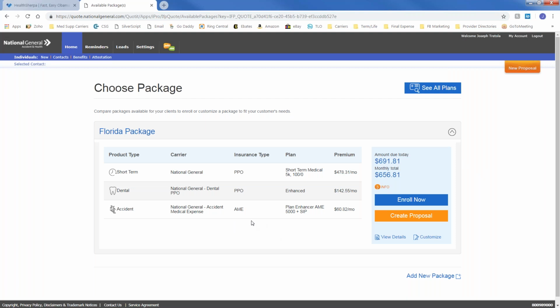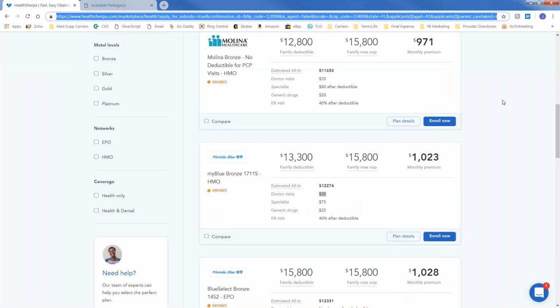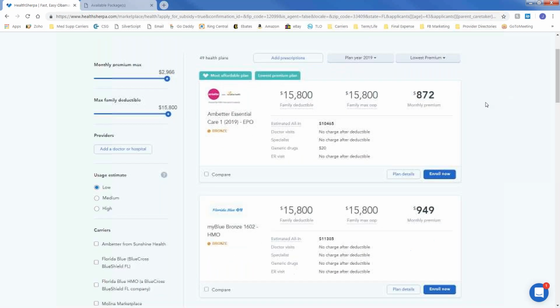One of the options that I always like to recommend is a $5,000 deductible and 100% coinsurance. What does that mean? That means that once I meet the $5,000 deductible, the health insurance plan will come in and pay all the bills on this particular policy. And the cap on the policy is $1 million. Going back to the family plan scenario, I would have to pay $872 a month for a similar type of plan where I would have to pay a triple deductible, $15,800, first before the health insurance plan kicks in.